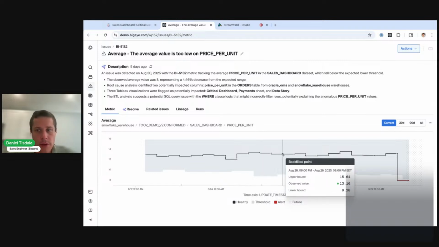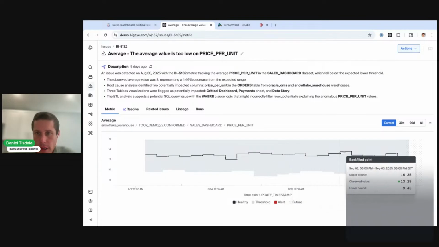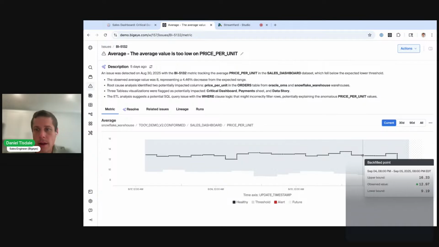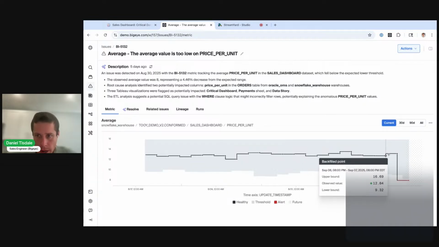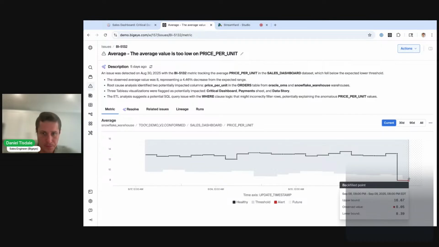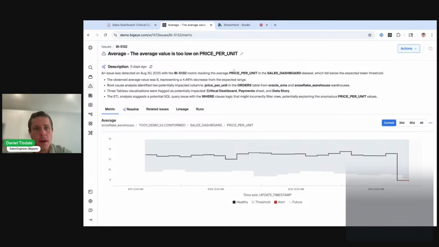The gray band that's shifting a little bit is the machine learning anomaly detection that we're leveraging to learn and train on your data. Everything was looking good, within the acceptable bounds or range, until the last run of that metric. Now we can see that the observed value is lower than the lower bound, which has generated this issue for us. Right up at the top here, this description gives me a nice summarized context